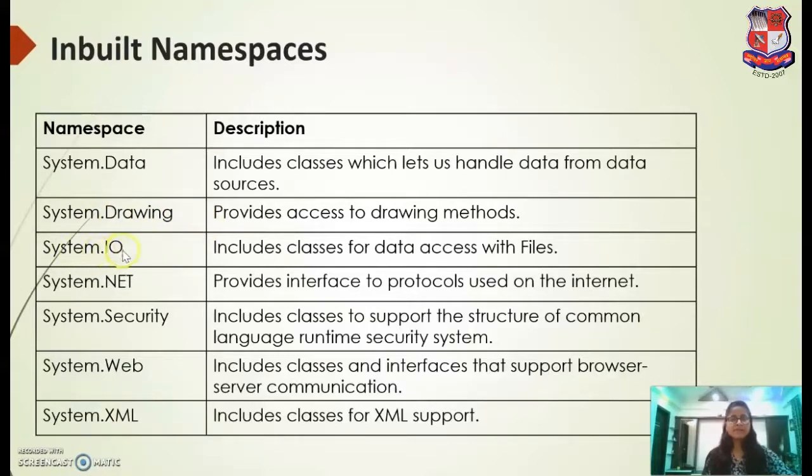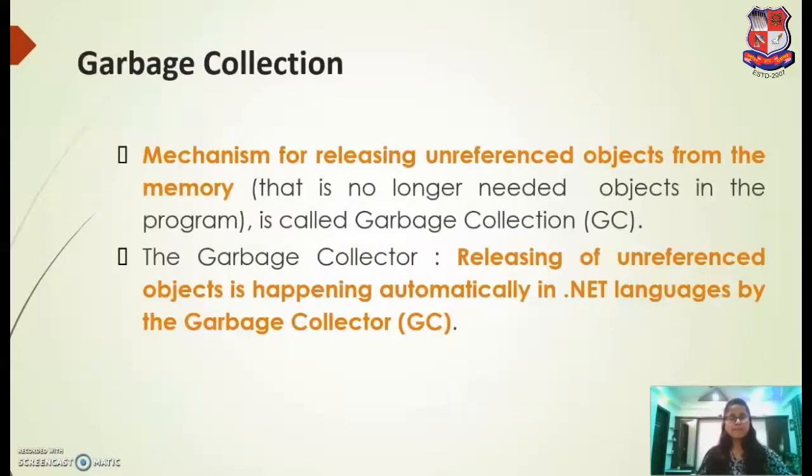Apart from this, we have the System.IO namespace to deal with files, the System.Net namespace whenever we would like to create a networking application, and the System.Security namespace to provide security in your application. The System.Web namespace is basically used for dynamic web applications, and the System.Xml namespace is used for creating XML-based web services and for storing data in XML format.